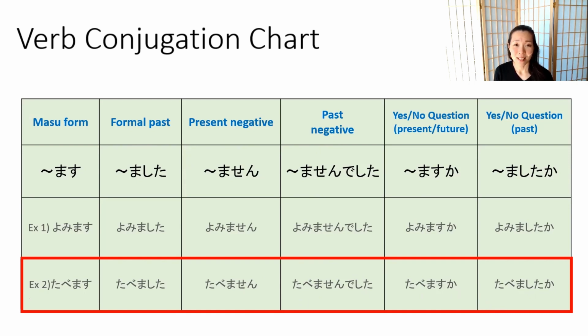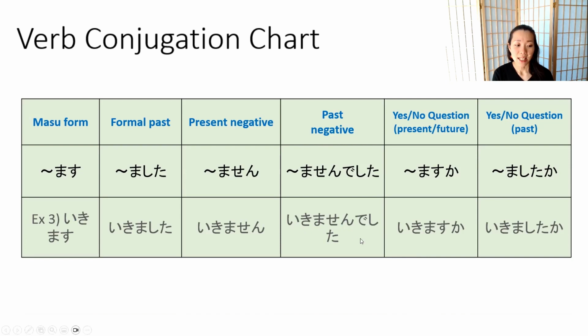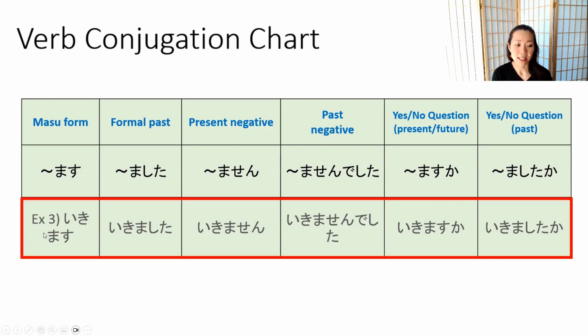Repeat after me. 食べます。食べました。食べません。食べませんでした。食べますか？食べましたか？